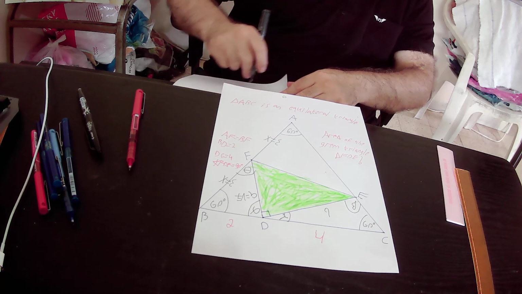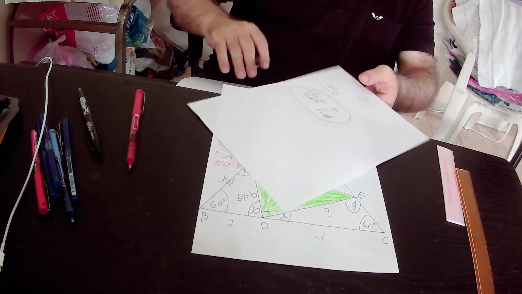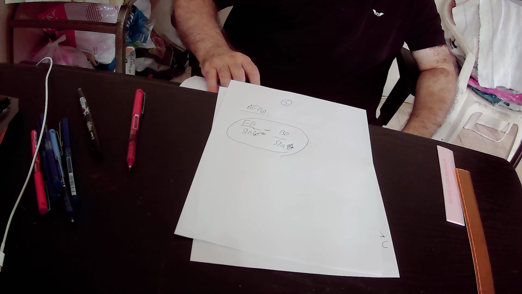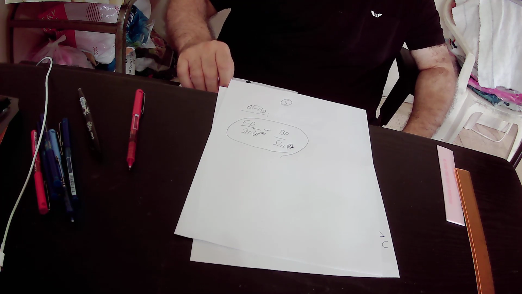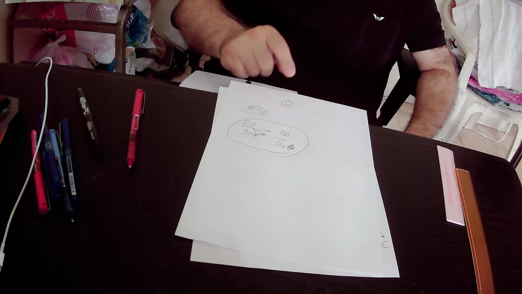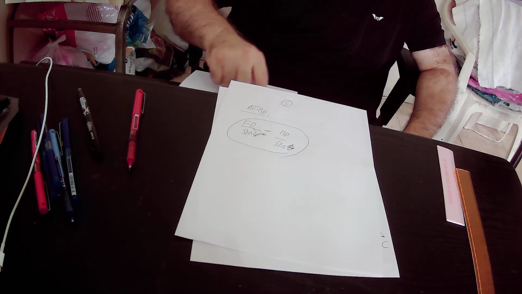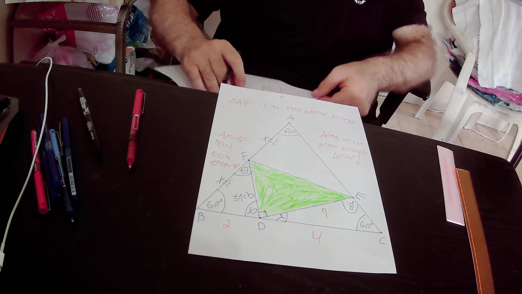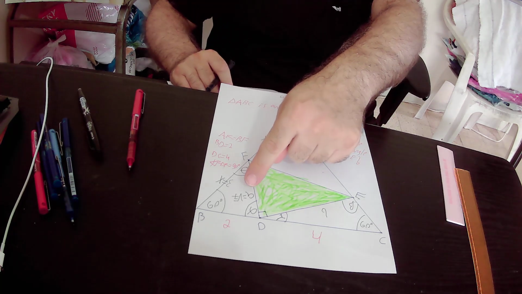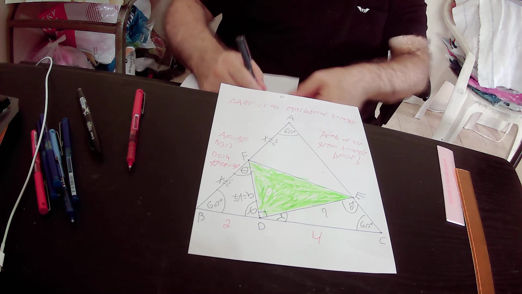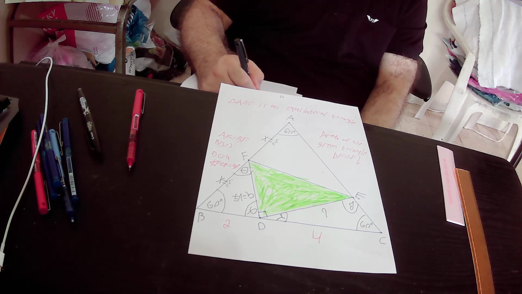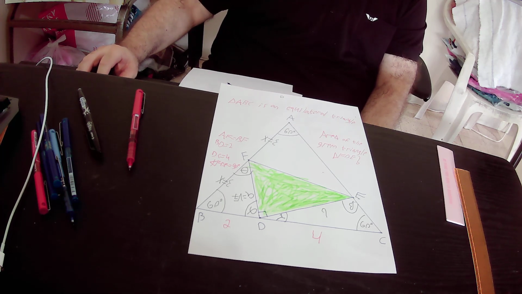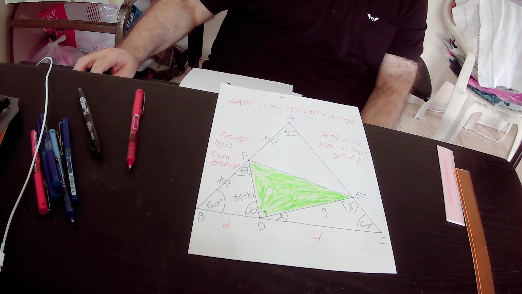Okay, so according to the law of sines, in triangle FBD, FD over sine 60 degrees equals BD over sine theta. Okay, but what is the value of FD? FD equals A, which equals root 7 units. FD equals root 7 units, and sine 60 degrees